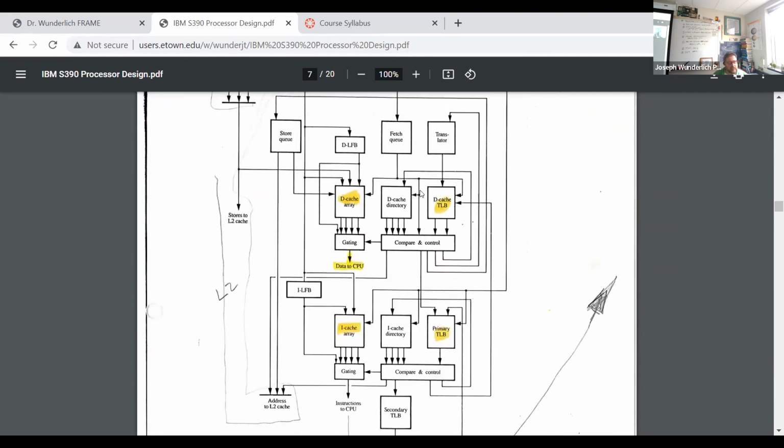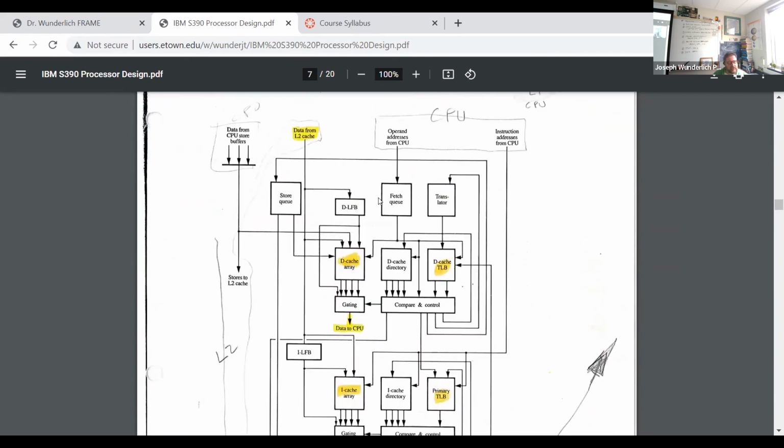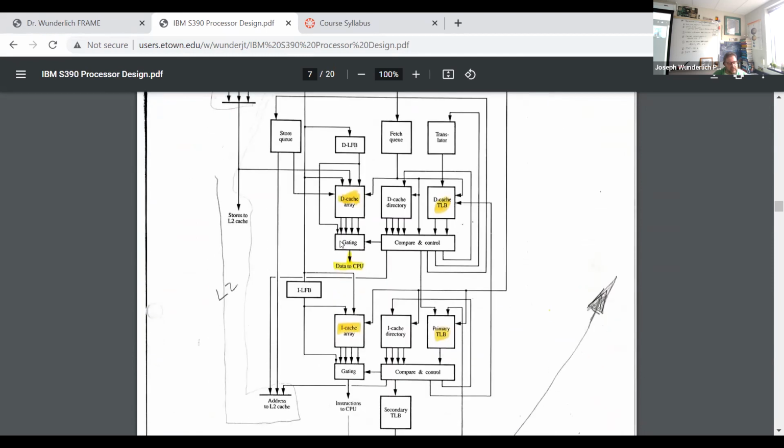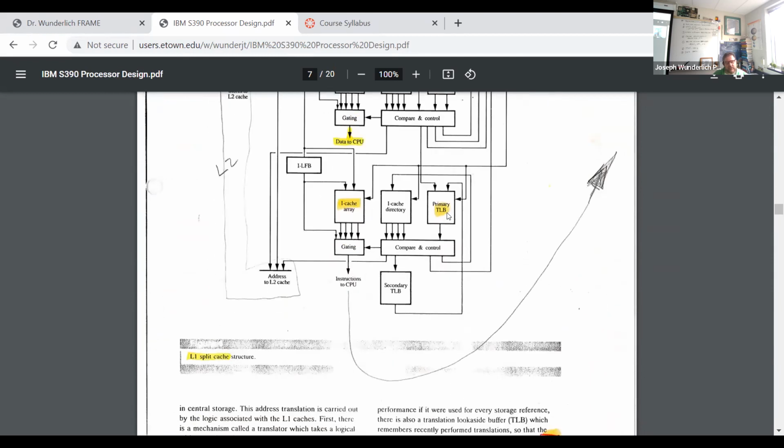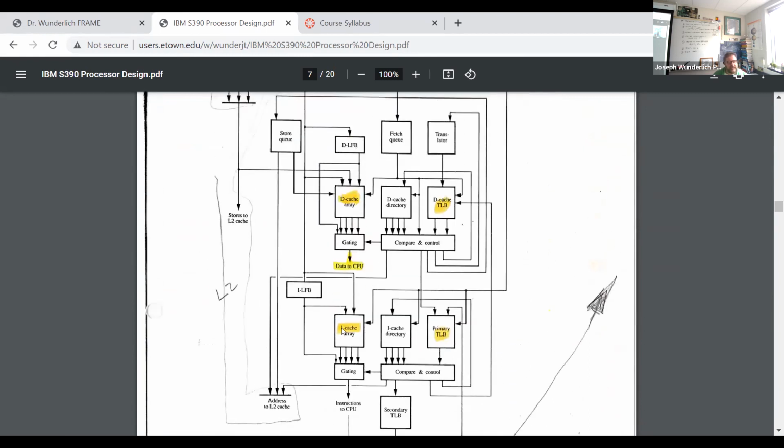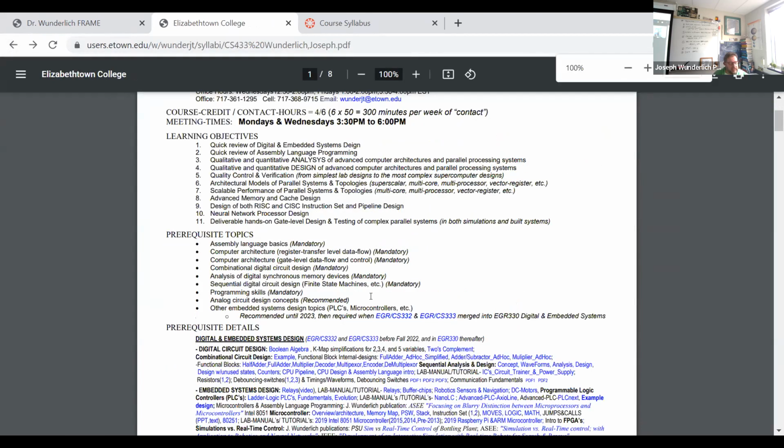And we're going to look at this on Monday, and then out-of-order execution units and a number of other things. Translation lookaside buffer, hash, virtual address translations, separate instruction and data caches, lots of stuff. This is 30 years ago. And then